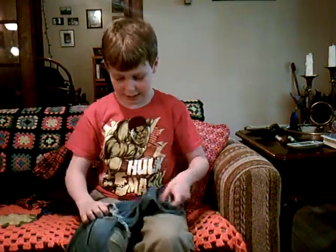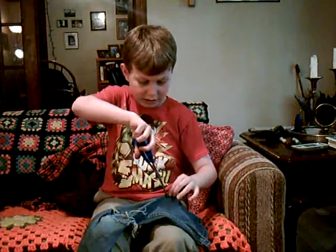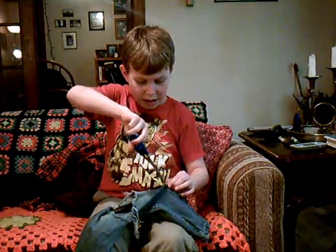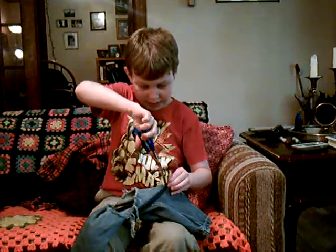So when you cut it like that, it looks horrible because it doesn't look natural. It looks like it's just cut with scissors. But if you do one like this, it looks more natural. And these are just some ones that I'm using. And then if you just cut a little one like